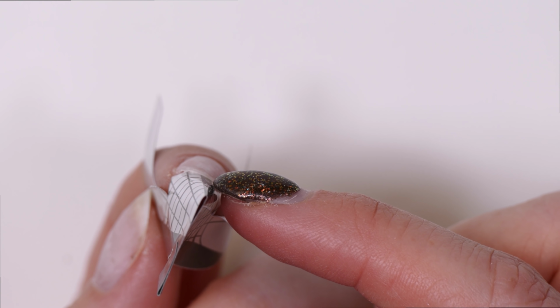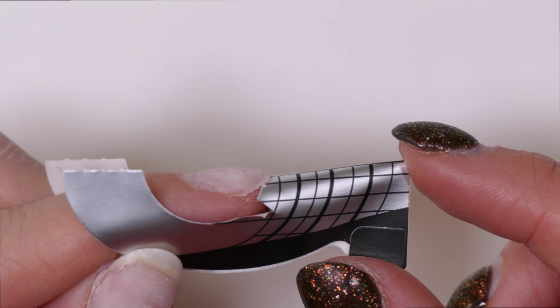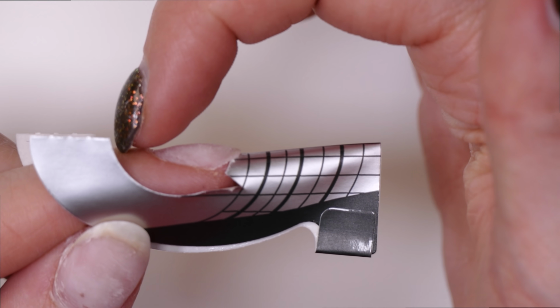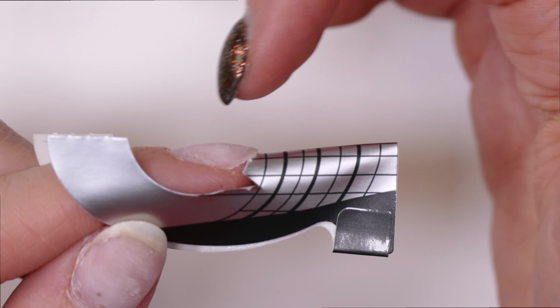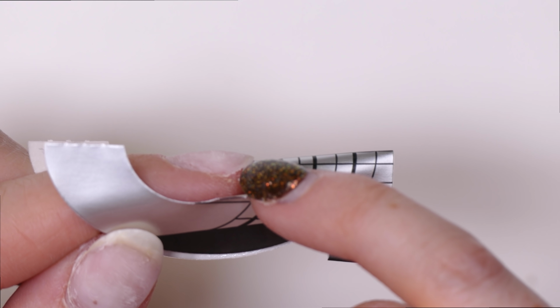Now that I shortened my natural nail, I'm able to get that right up underneath, even though I'm having to tip the tip of my nail form up to get it in line with my cuticle area of my nail form, okay? And I'm not worried about gaps like this, and I hope you guys don't worry about this either,